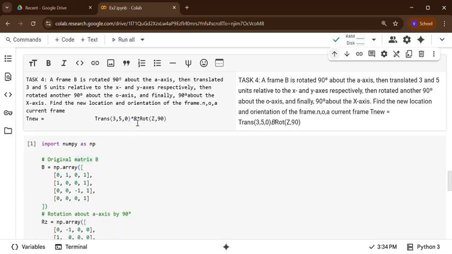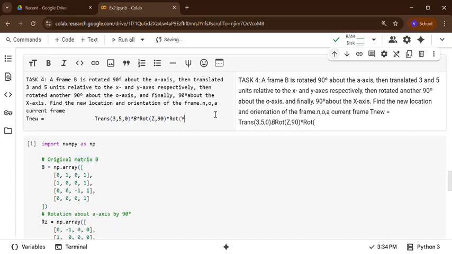Okay. So now what have we done? First we started with B, and then this one is a rotation about the current frame, so you have to do post multiplication. Then the next one is in the XYZ reference frame, so the entire part is pre-multiplied by this translation. So now this becomes 1. What is the next transformation? Then rotated another 90 degrees about O axis. O axis means current frame. Current frame means post multiply. So post multiply means you have to put this, and it is a rotation about what? O axis.